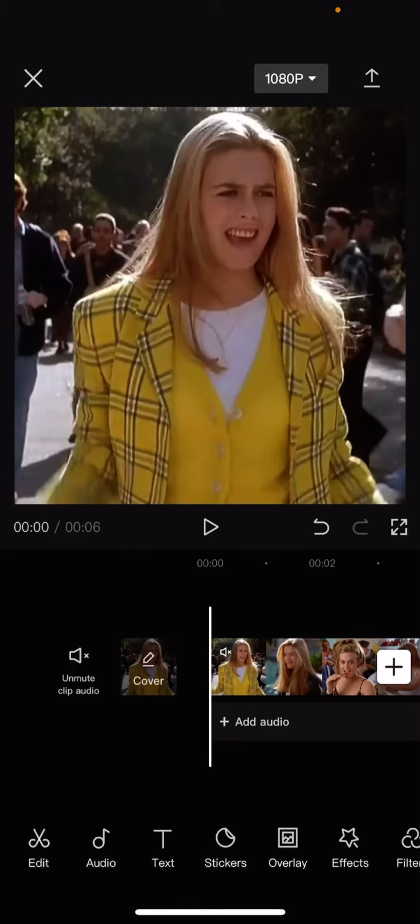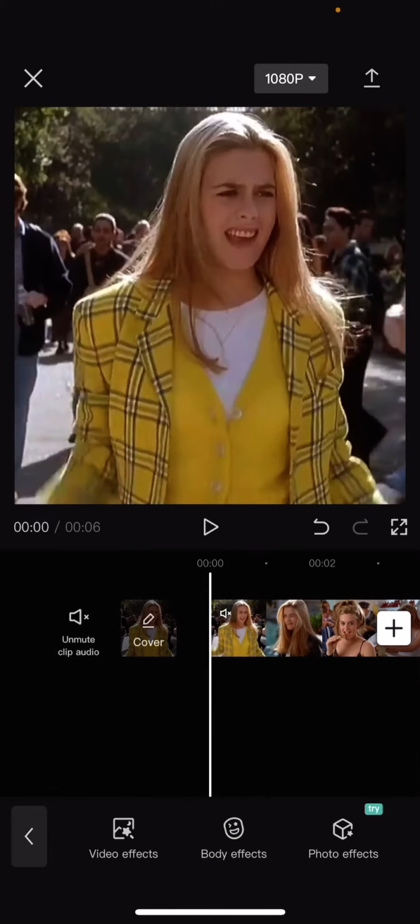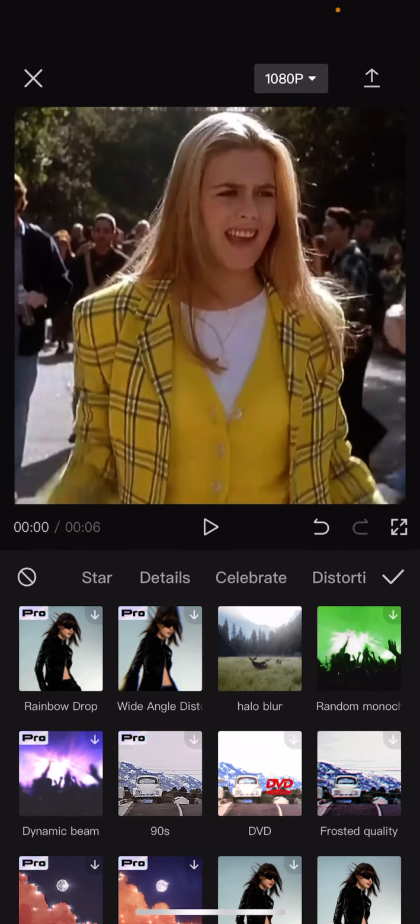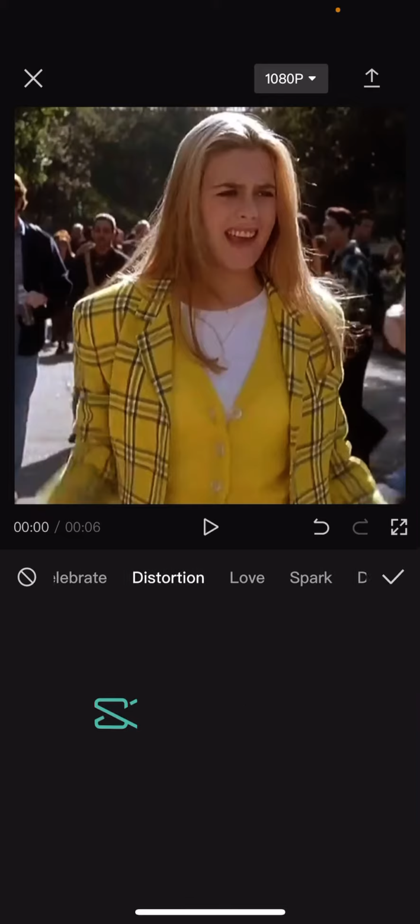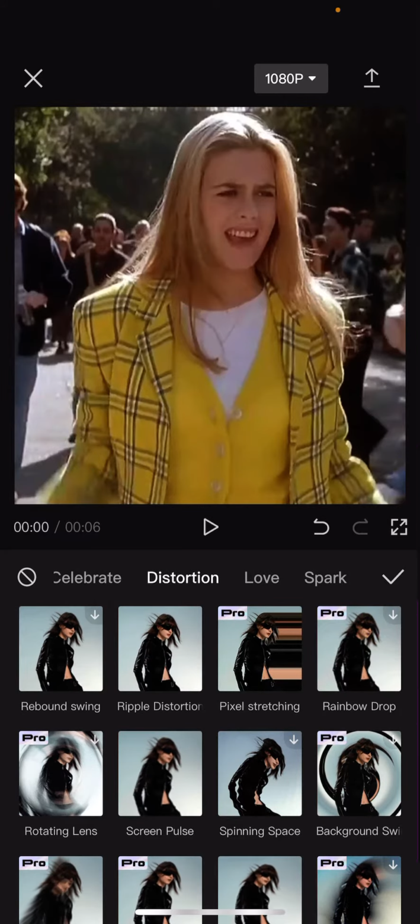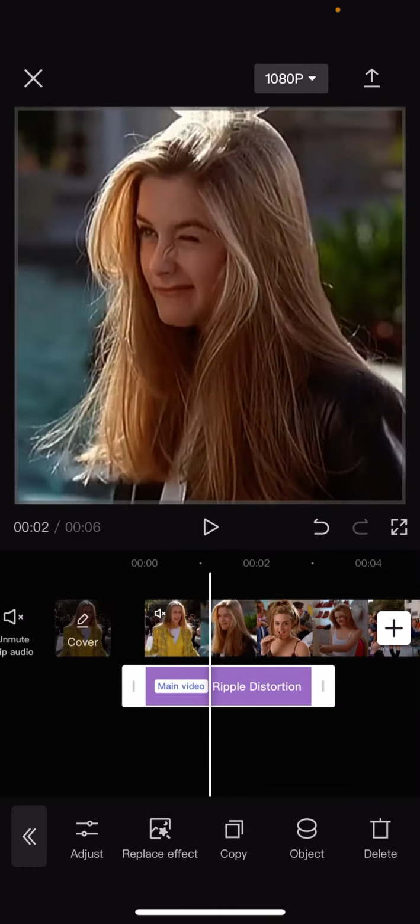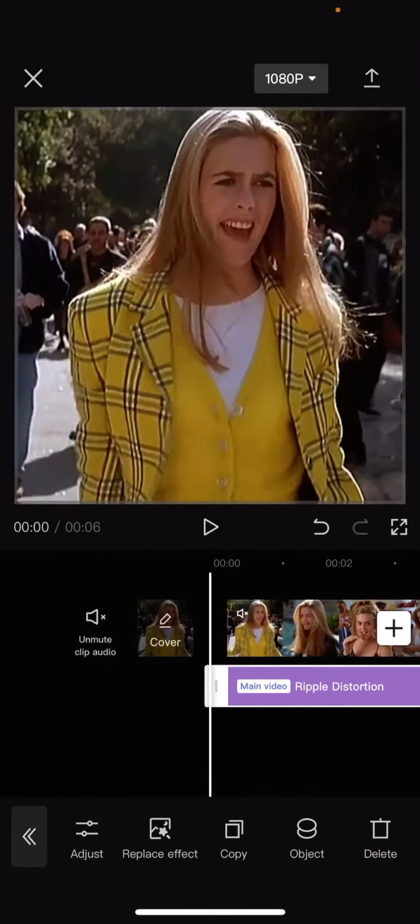In this video I'll be showing you guys how you can create this really cool and easy panning effect on CapCut. So you are just going to select effects and you're going to select video effects here. Then you are going to go to distortion. After that you are going to select ripple distortion right here. Press the check mark button and then you are going to select adjust,